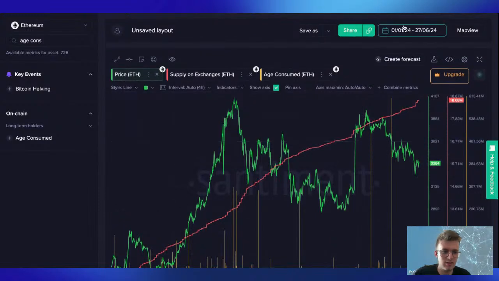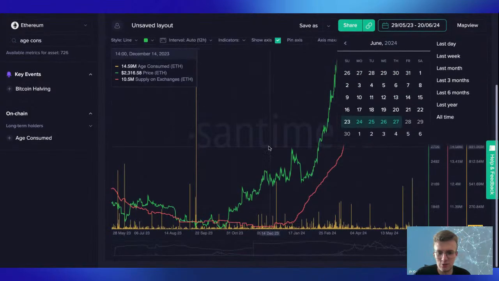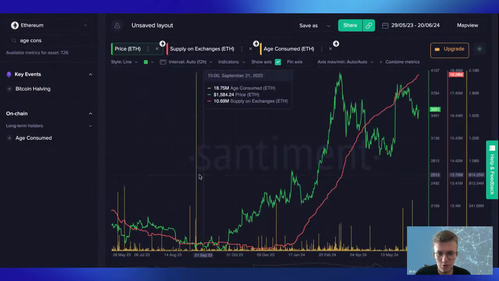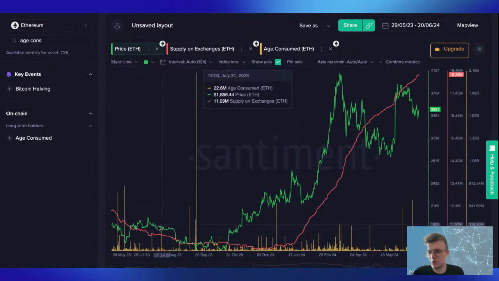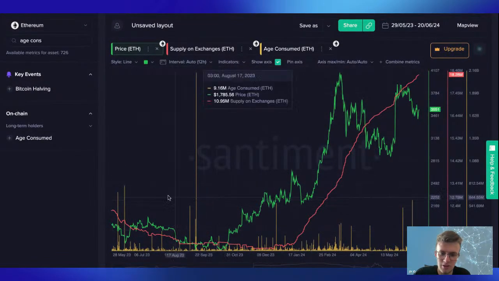Let's increase our timeline, maybe to the middle of the previous year, but I believe mid previous year is a much larger timeline here. So yes, as we can see right now, the largest fluctuations were in September 2023, but this was a long time ago. Ethereum price was, I think, almost at the lowest for a long time, and it was a local minimum. People were buying Ethereum.